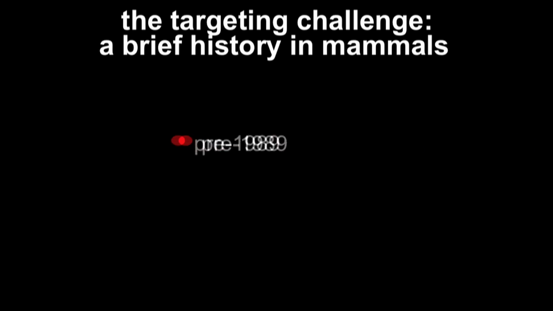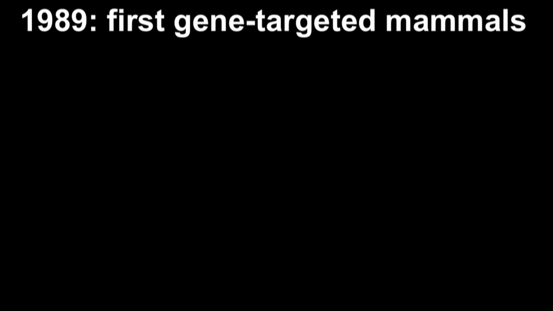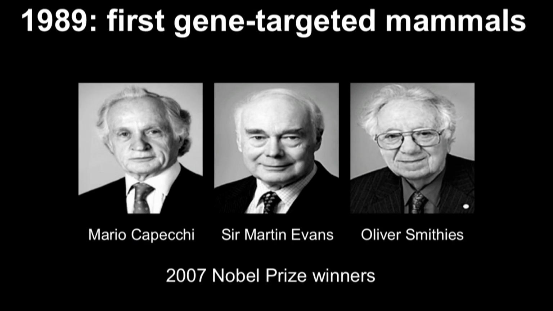So if you want to go back and think about the history of us being able to make a change, perhaps even a change to just one of those 6 billion in the entire instruction manual, before 1989, the history looked like this. There wasn't any history at all, we simply couldn't do it. And then the work of these 3 geniuses was pulled together, and they won the Nobel Prize for this in 2007, which gave us a method of editing, of making edits or prescribed changes, mainly in mice, and this has been extremely powerful for biomedical research, but it's clunky.